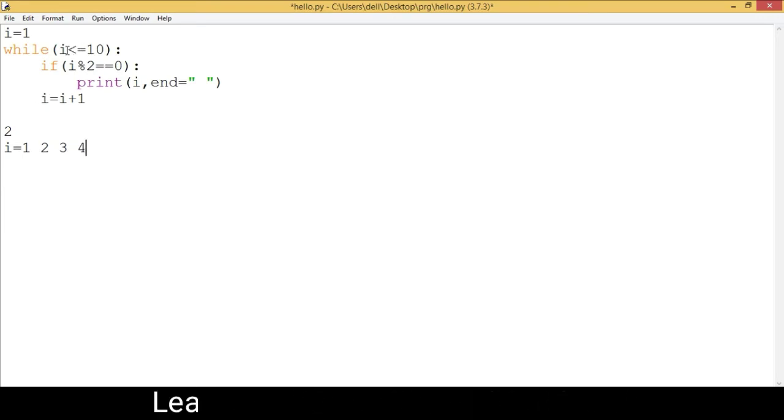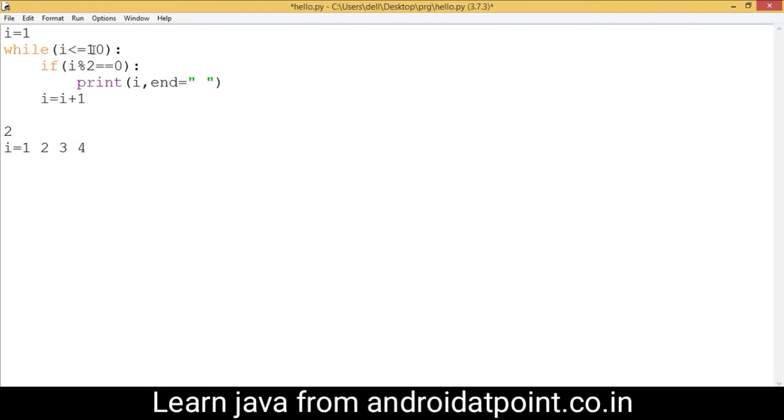Now control comes here and checks the condition. The value of i is 4, which is less than or equal to 10, so the condition becomes true. Control again comes here and now the value of i is 4, 4 modulo 2 returns 0, so the condition becomes true, and it will print the value of i as 4.